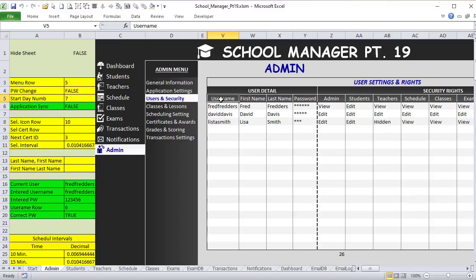In other words, if you're Fred and you make a change to a student, that change is going to go into this folder and this folder. New folders are going to be created for Lisa and one for David, right? So David is going to have his own folder, right? He's going to look for those changes. Any changes that he has from any other user, he's going to pull those changes out and bring them in. So that means if Lisa makes a change, if Fred makes a change, those changes are going to go into